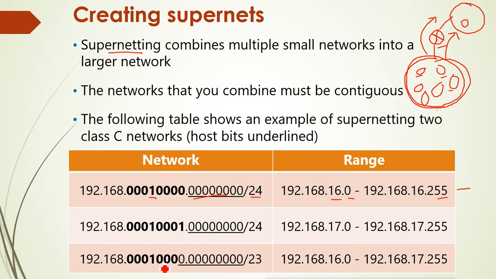Now if we want to send multiple networks, this is also a single network for 17. Now we are adding multiple networks here. We want to add both this network, this 16 and 17, and send only one network. If I send the routing table separately, then I will send these two networks separately. Instead of sending these two networks separately, we can send them in a single network.